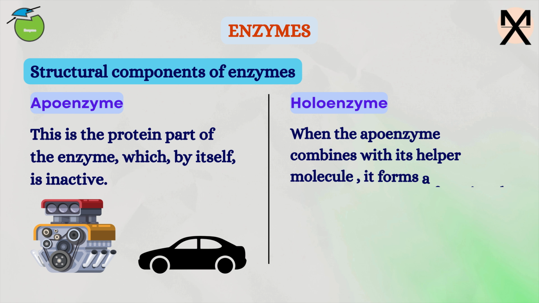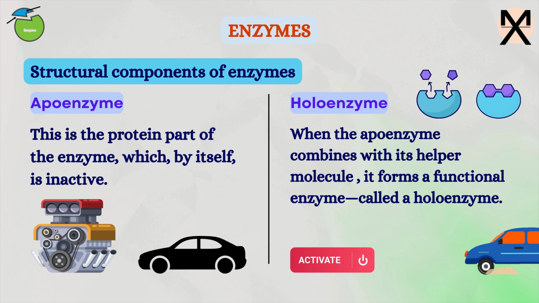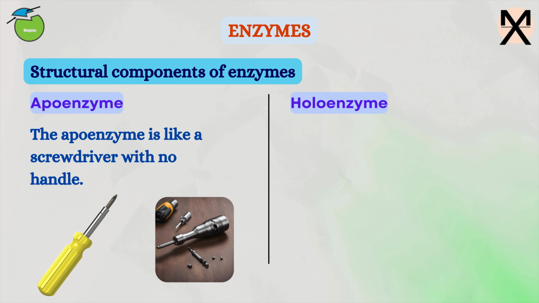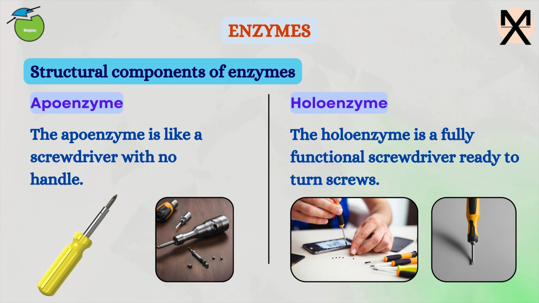Holoenzyme: when the apoenzyme combines with its helper molecule, it forms a functional enzyme called a holoenzyme. This is the active form of the enzyme, which is ready to work. So we can say the holoenzyme is the complete enzyme made up of both the protein part and the non-protein part. For example, the apoenzyme is like a screwdriver with no handle, while the holoenzyme is a fully functional screwdriver ready to